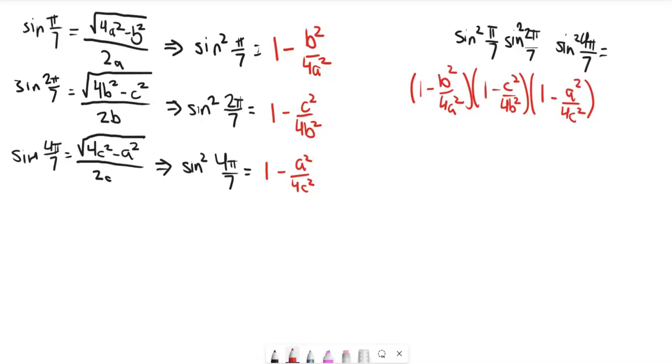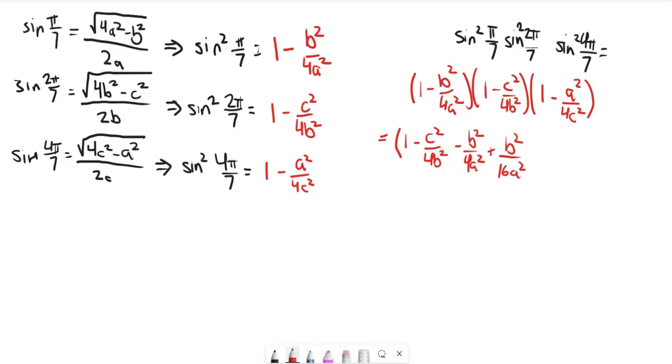Now, here's what's going to happen. I'm just going through the algebra quickly on this. So if we do the FOIL method on this, we'll get 1 minus c squared over 4b squared minus b squared over 4a squared. And I won't show the cancellation, but if you multiply negative b squared over 4a squared times negative c squared over 4b squared, the b squareds will cancel. So we are left with